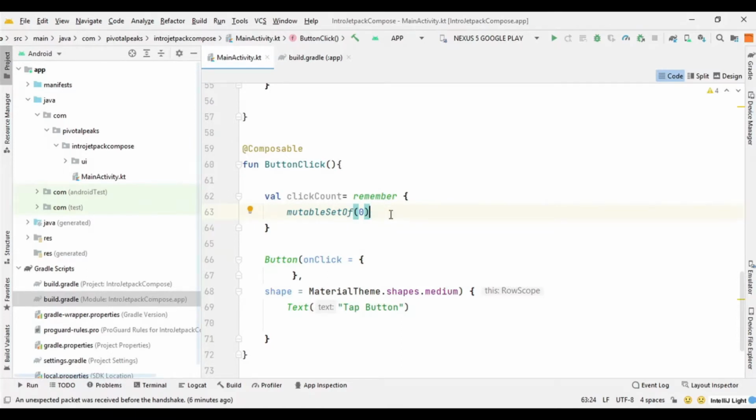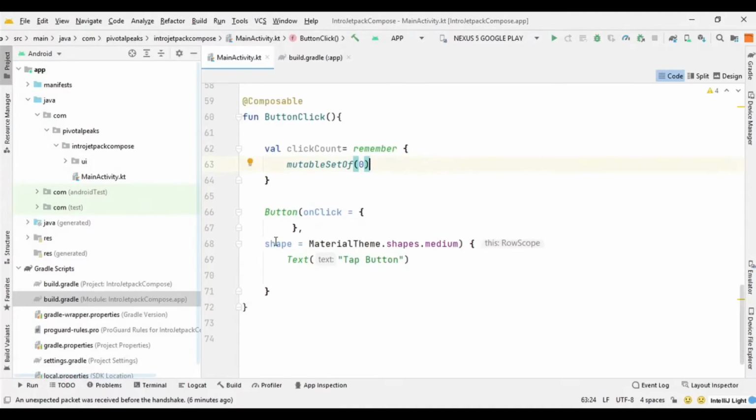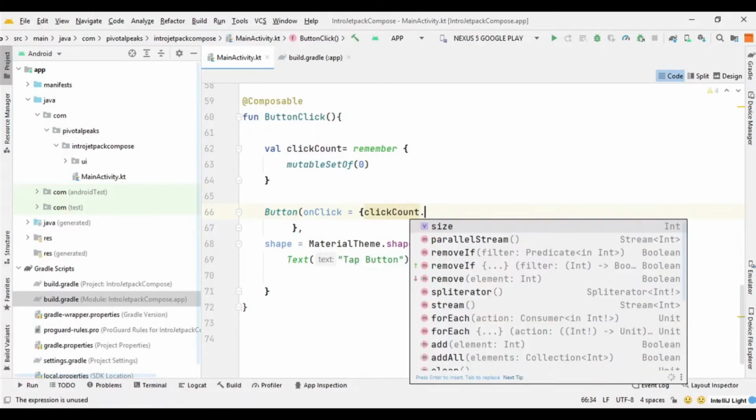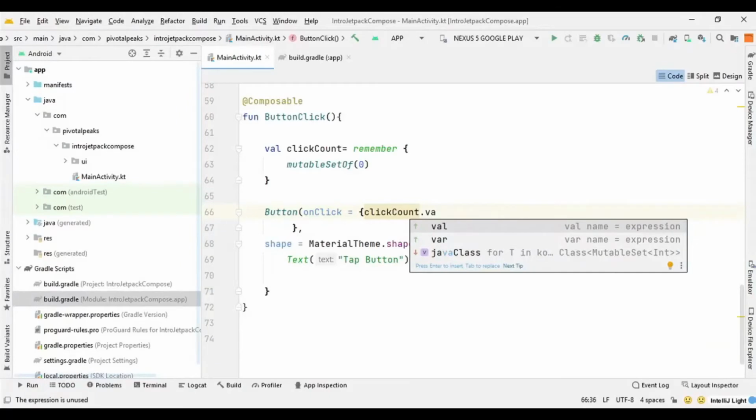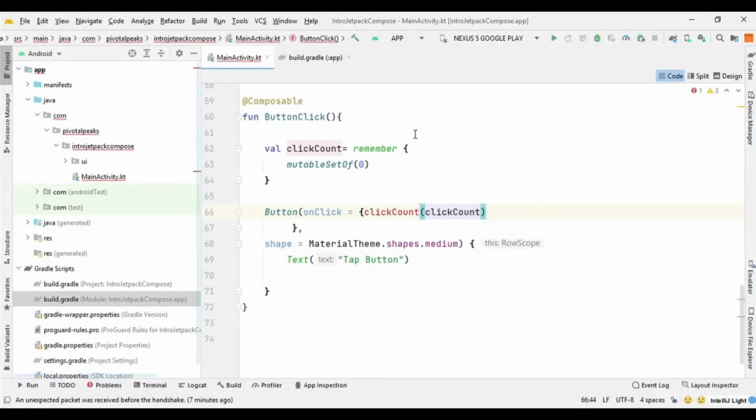That's why we need the remember function. And in Jetpack Compose, we are going to use the remember function a lot because Jetpack Compose is mostly about saving the state. It mostly works through state management. So let's move on to our button click. On click, I will say click count dot value, sorry, I made a mistake here.